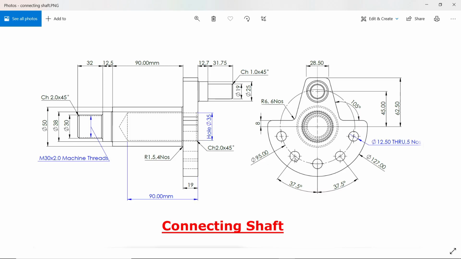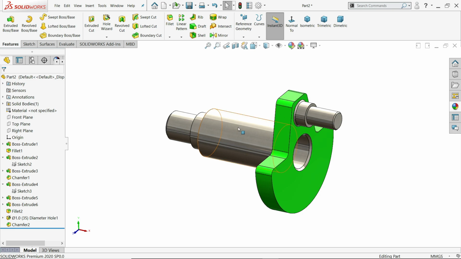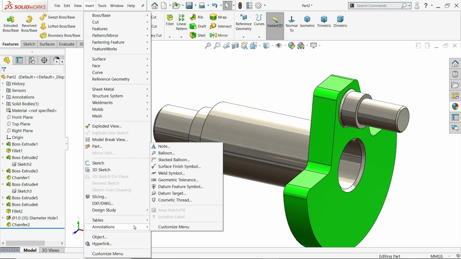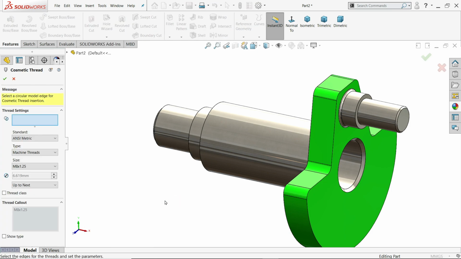Now the last thing, we need to create these holes 12.5 through, 5 number of holes, and then there is one M machine thread. This is the cosmetic thread we are going to apply. M30 by 2. Insert annotation, and here you will apply cosmetic thread.